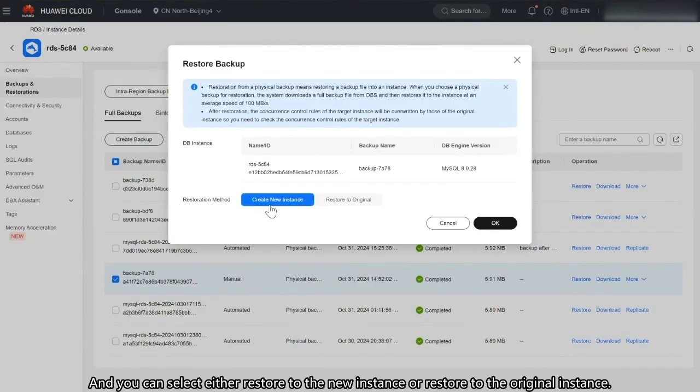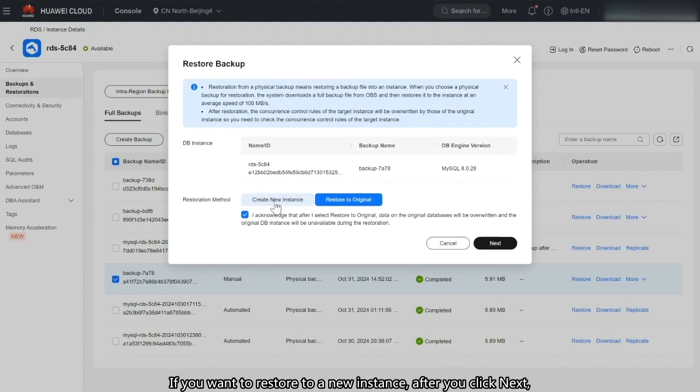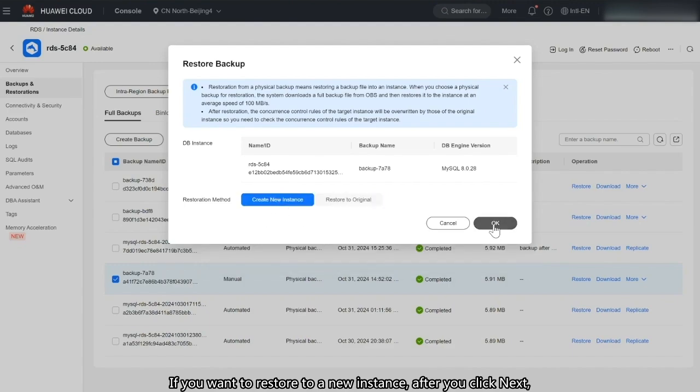And you can select either restore to the new instance or restore to the original instance. So for example, if you want to restore to the original instance, then you just need to check the box and click Next. If you want to restore to a new instance, after you click Next, it will lead you